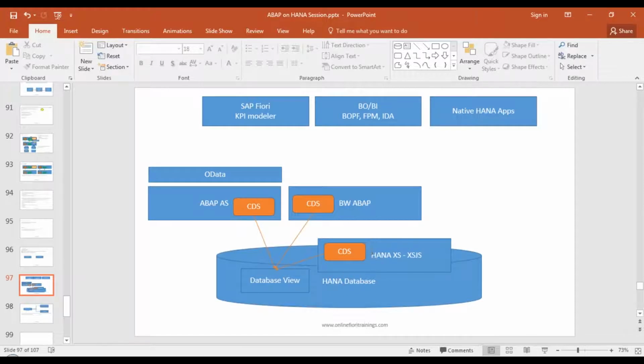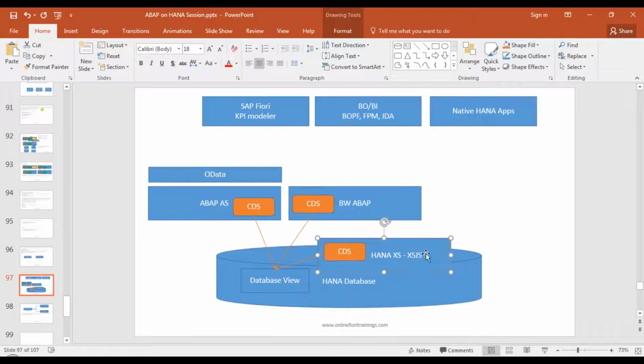And that is something which is covered in my next course, not in this course. In this course, we'll only talk about ABAP CDS. In fact, people who are working with SAP S4 HANA will only work with ABAP CDS basically. You will not work with HANA CDS. This is used more when you want to do native HANA application development, and that's exactly what my next course is all about.